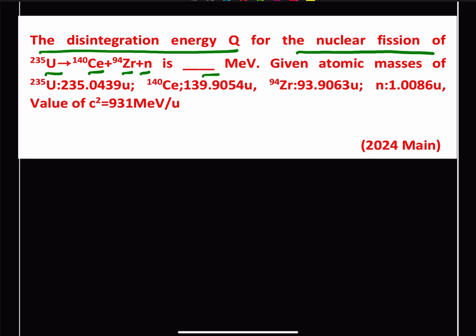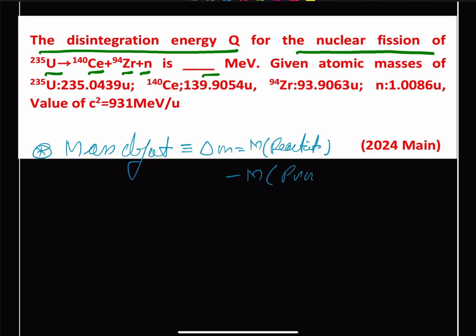So we can say our mass defect, which is our delta M, which is the mass of reactants minus the mass of the products,